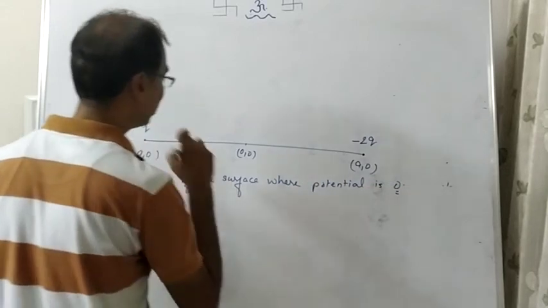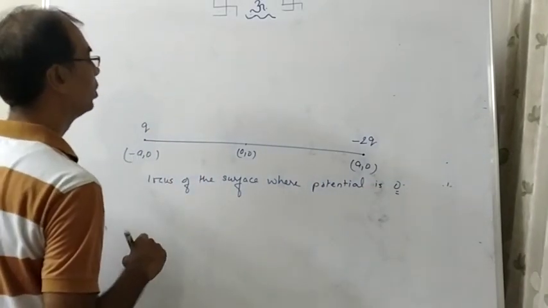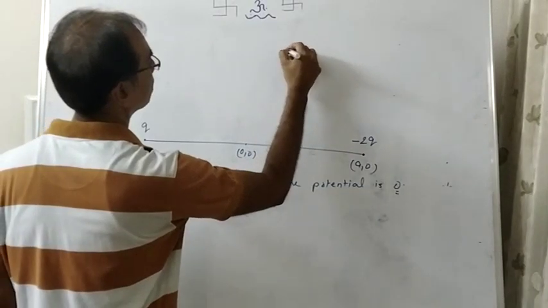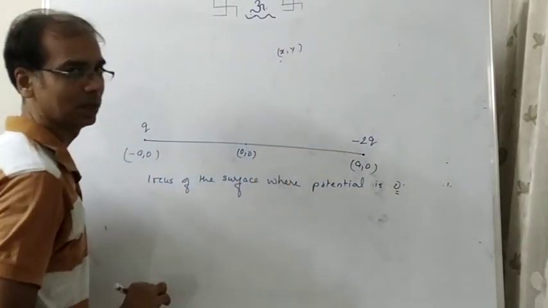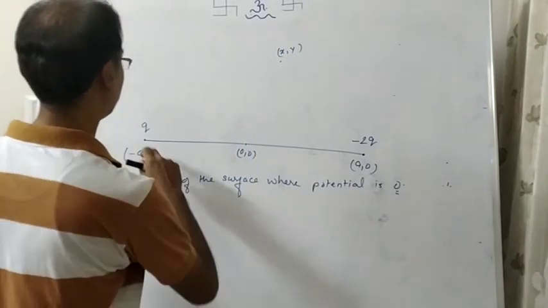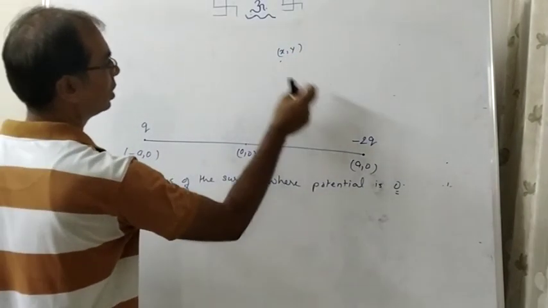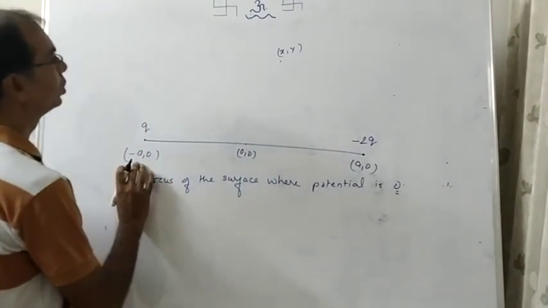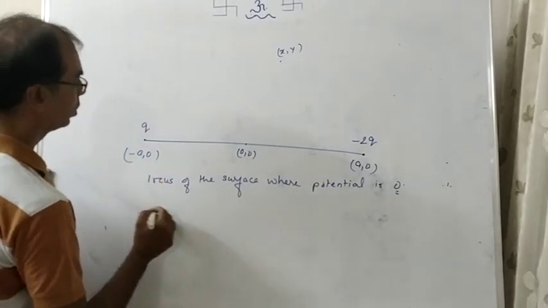What are we going to do? I am going to choose one coordinate, any point here, suppose x comma y, and I am saying the potential here will be 0. So let's find out the potential due to q and the potential due to minus 2q and add them, right? So first, the potential due to q. We know that the potential due to q